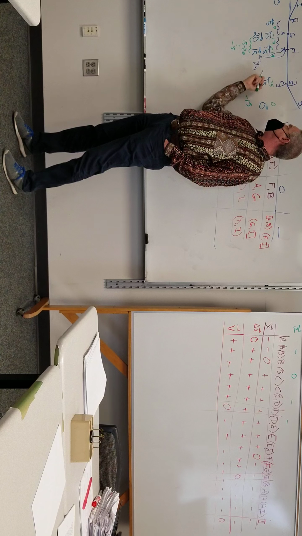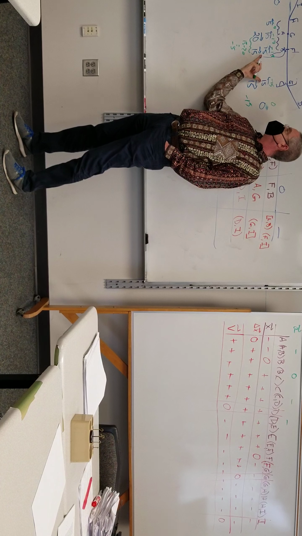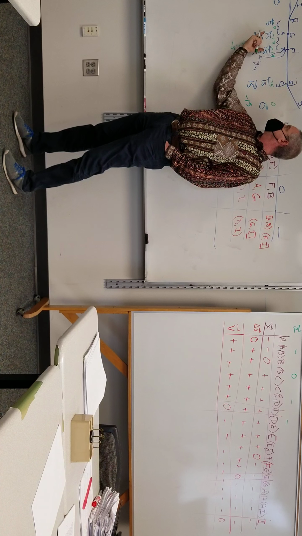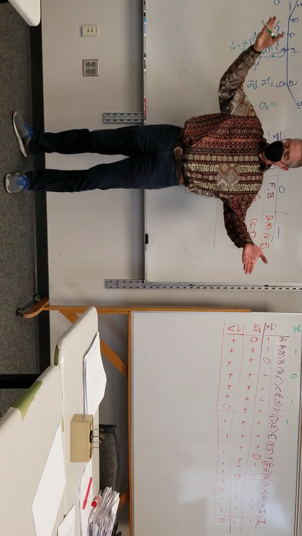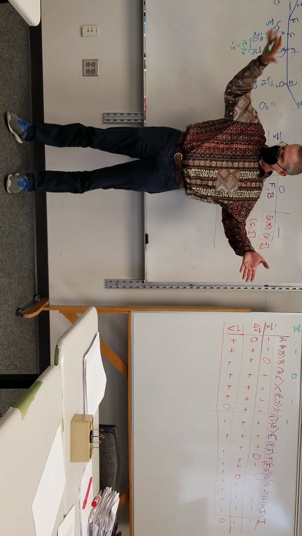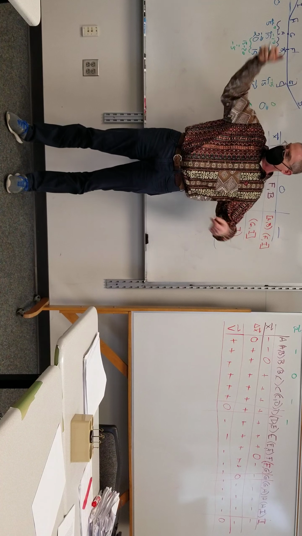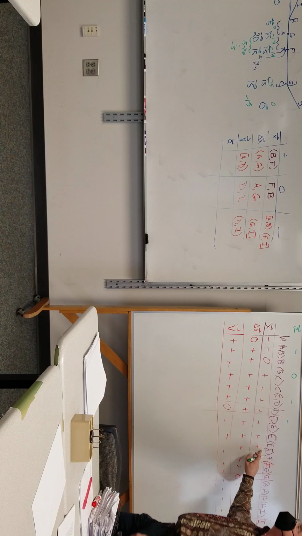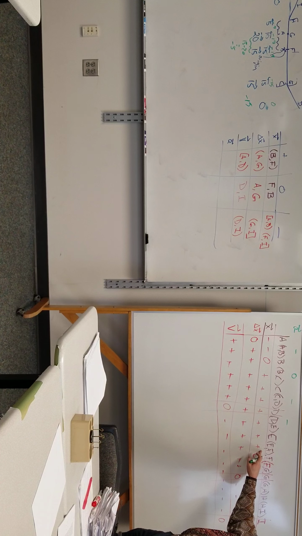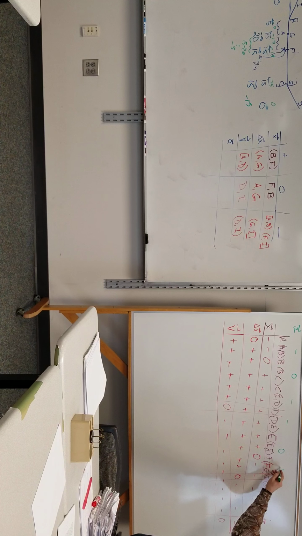My change from E to F, 0. From F to G, negative 5. 5. Think about a number line where negative 15 here is 0, positive, negatives over here. Negative 15 to negative 10, I'm going in the positive direction. And so E to F was 0, F to G was positive, G to H, positive,